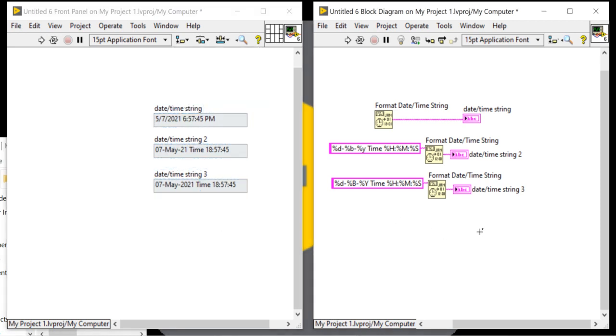Okay. There is one program you can write in three ways.